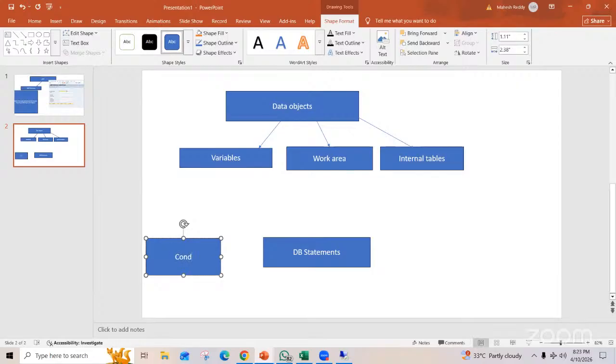Conditional and loop statements, database statements, subroutines.